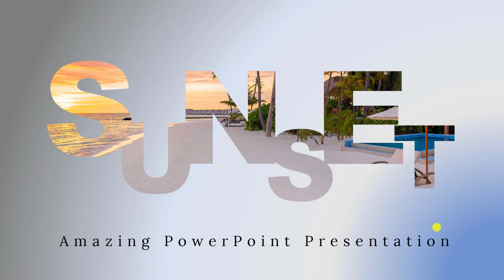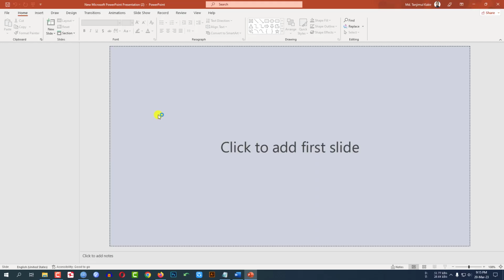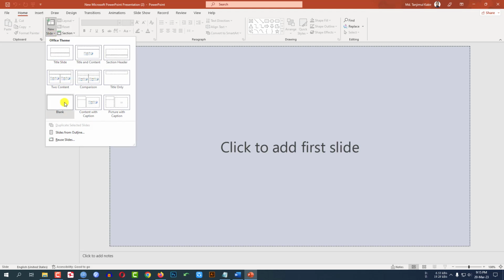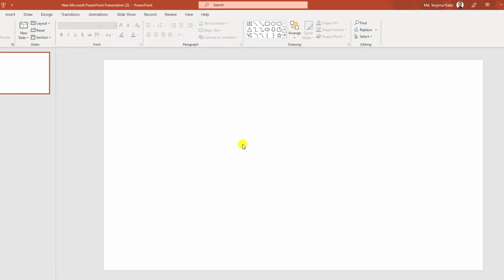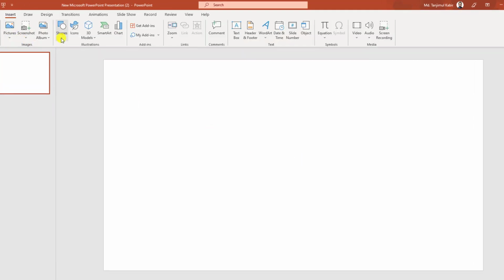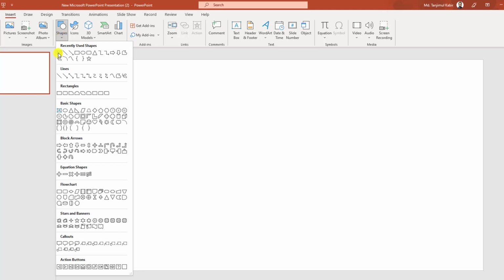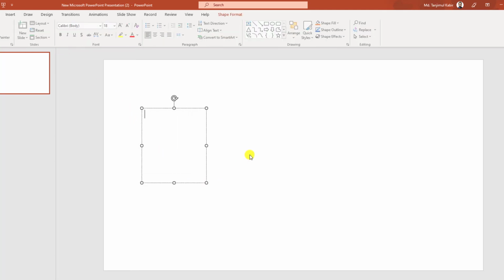Let us learn how to make this beautiful presentation in Microsoft PowerPoint. So let's begin the topic. This is a new Microsoft PowerPoint presentation. Let me go to Home, go to New Slide, insert a blank slide. Let me zoom out, go to Insert, go to Shapes, pick out text box and drag it over here like